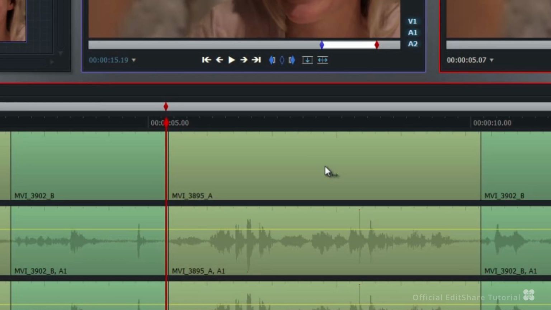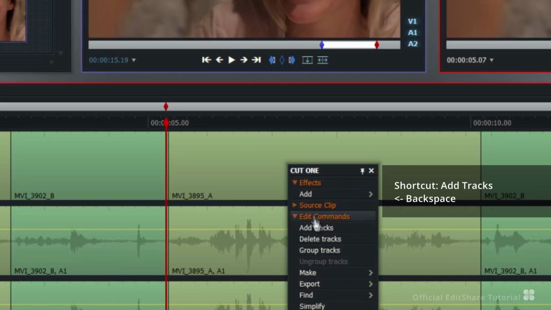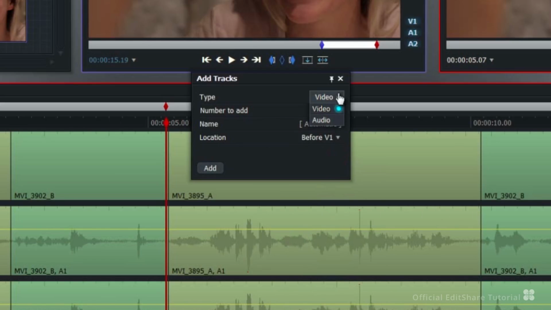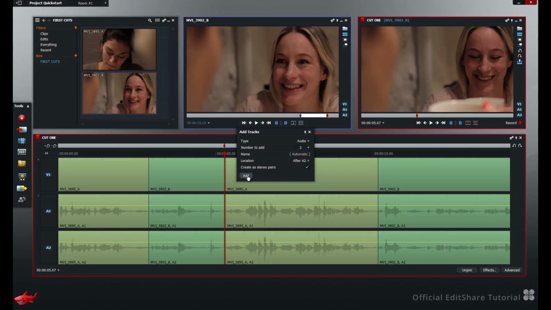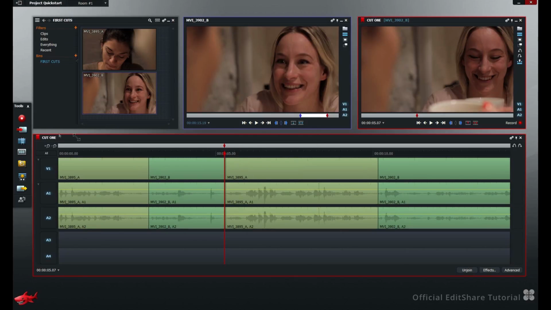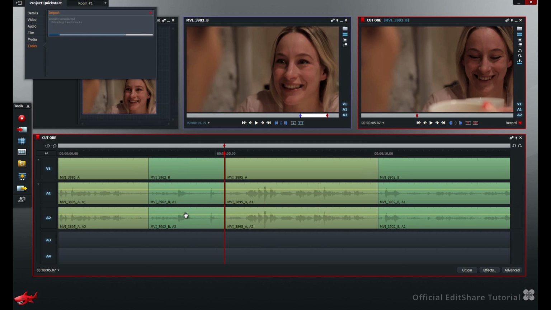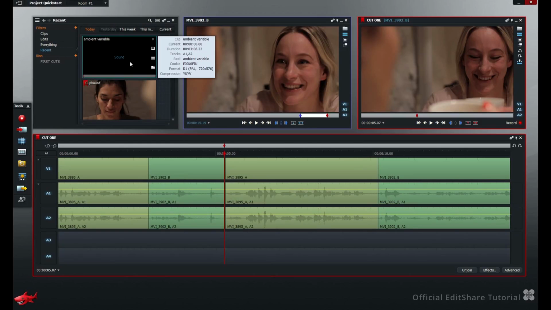Let's bring in some audio to this edit and add a couple more tracks. Right click, choose Add Tracks. I want 2 audio tracks. There's a stereo pair. Press Add. Import the audio. Load the audio clip